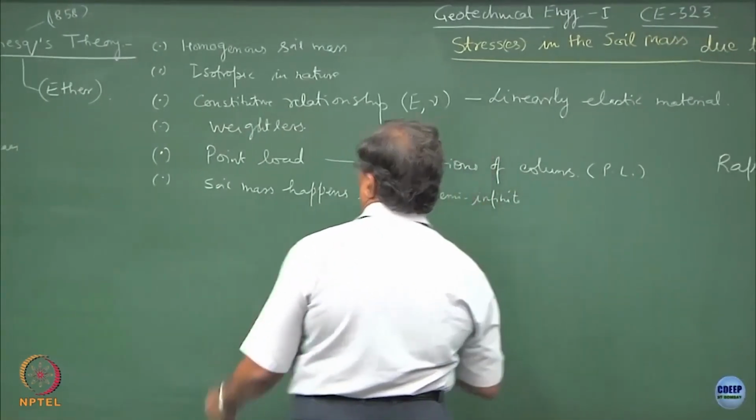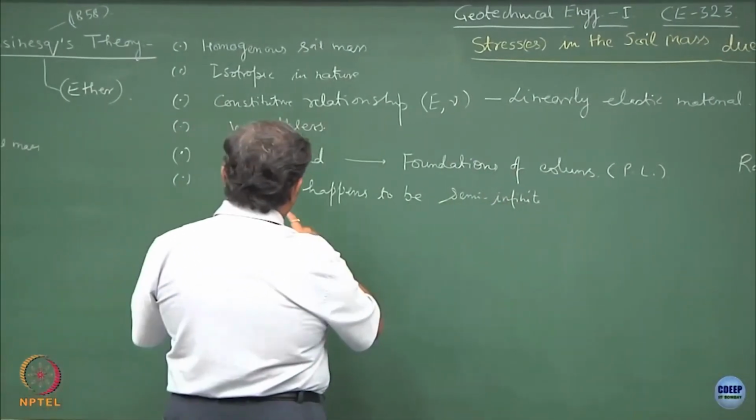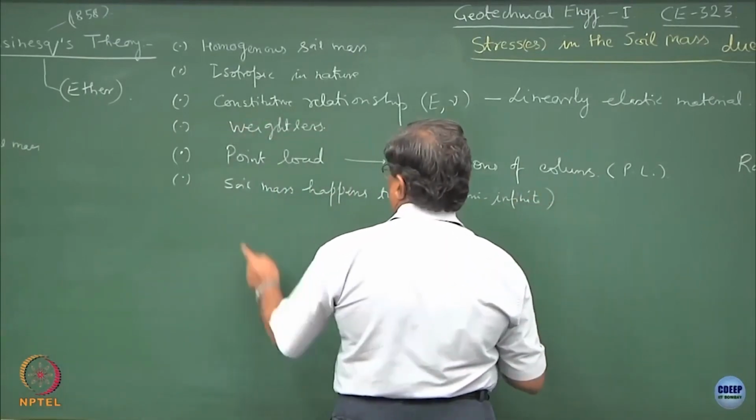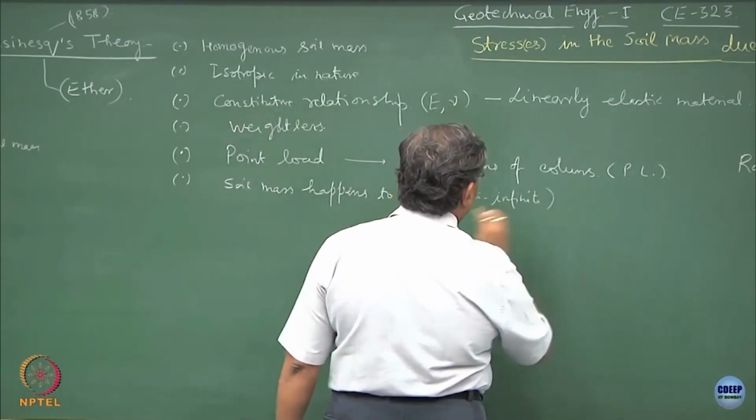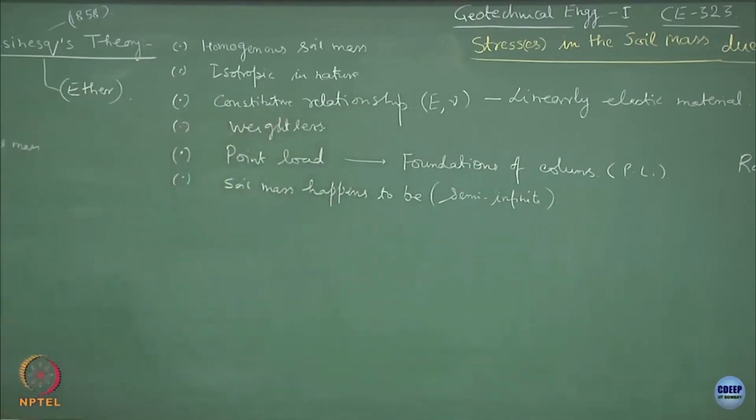That means the extent of the soil mass is semi infinite. We call it a semi infinite soil mass, alright. Semi infinite means